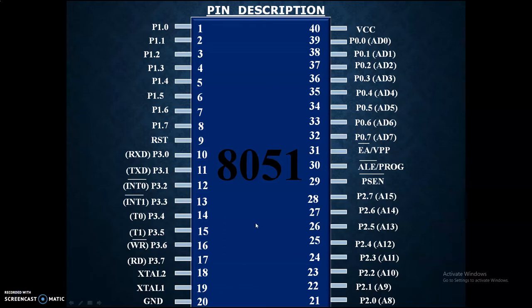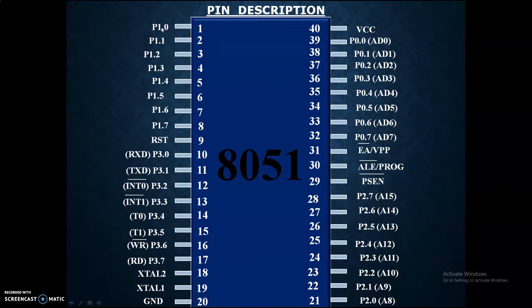Now we will discuss the pin description of the 8051 microcontroller. As you can see, there are 40 pins in the chip. Starting from pin number 1, we will go to 20, and from 21 we will go to 40, this way. Now, starting with pin number 1, you can see this port 1, P1.0 means port 1, and